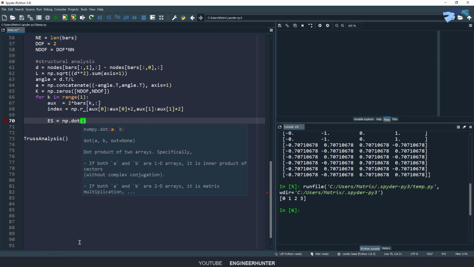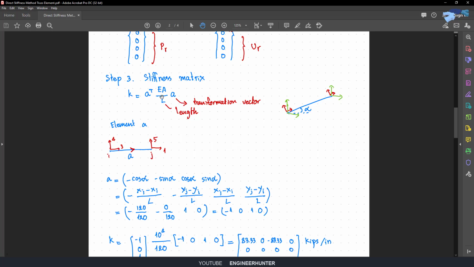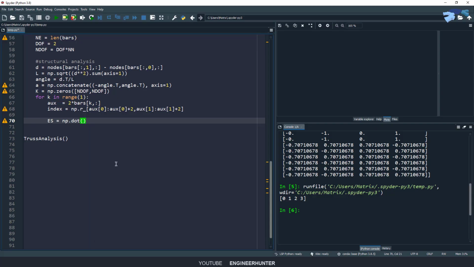So what we need to do is the dot product of the vector A and A here. So the first one will be the vector A transpose,